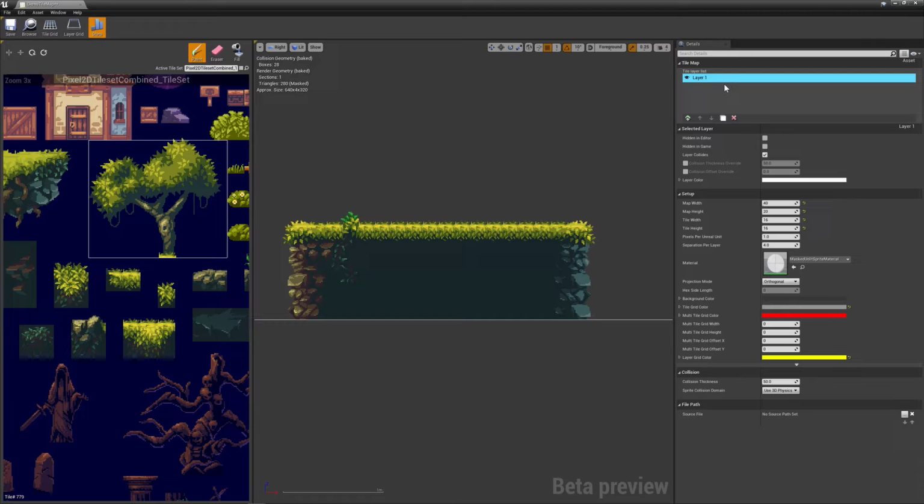and as you can see in the tile map we have a layer list, and for now we only have one layer created. Let's click to rename it and call it our base layer, and let's add a couple of more layers. Let's add one new layer and call it background, and another new layer and call it